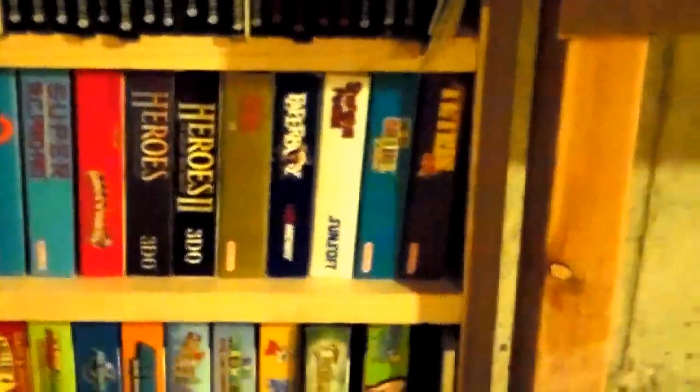Down at the bottom, some Game Boy boxes. Game Boy Color, Game Boy Advance, and the complete collection of the Virtual Boy. And those are some of the loose 3DO games that I don't have the long boxes for. And let's go next here. We have the rest of my Game Boy, which I have